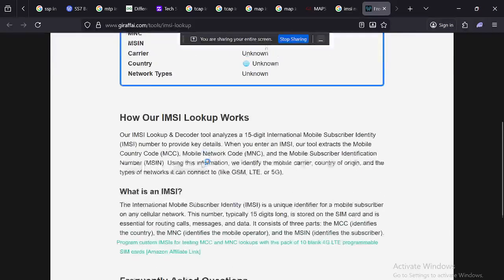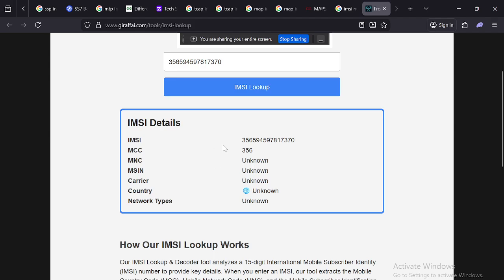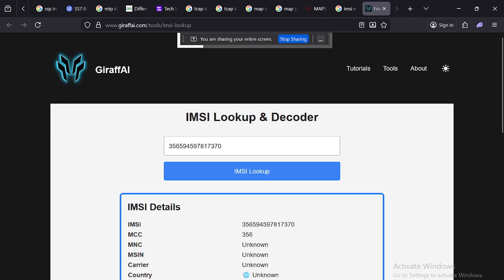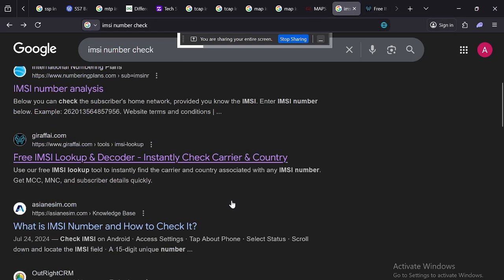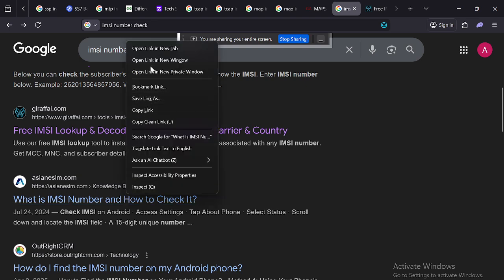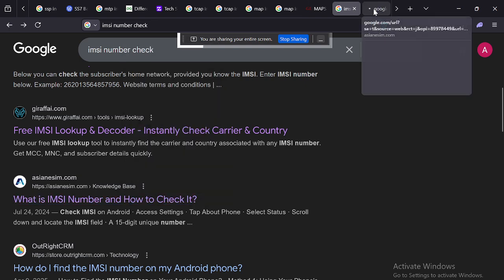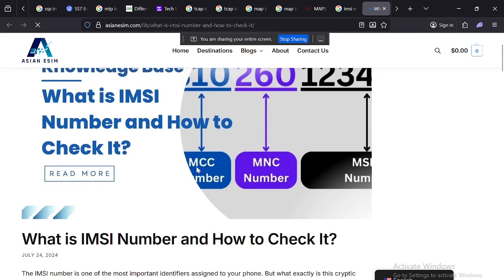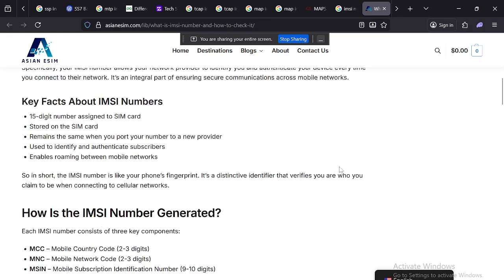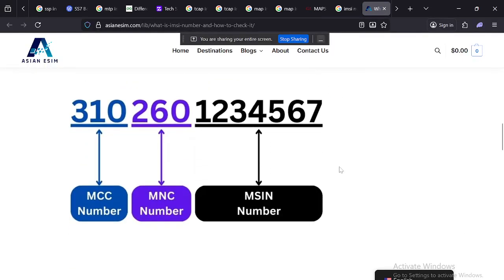So I just take a random one. If you get the right one, you will get the right things. How you can intercept: when you do the SS7 live practicals, you will understand MCC numbers, MNC numbers, MSIN numbers, everything you will get here. The MCC is for your country code, the MNC is for the provider, and the MSIN is for your subscriber identity.